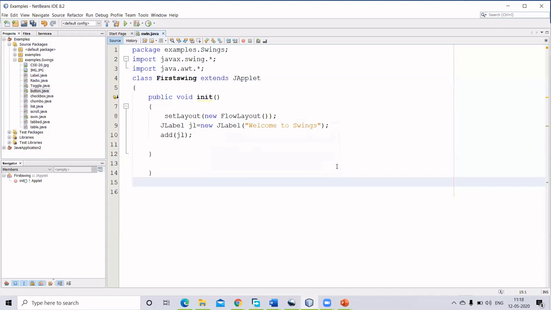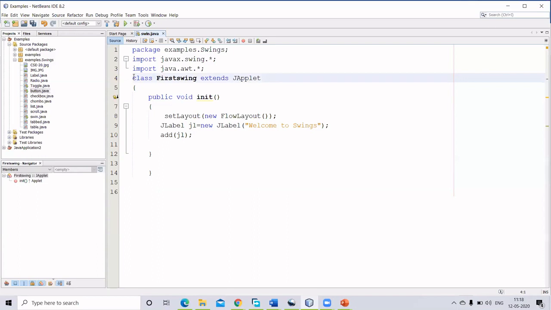We can use applet viewer for running that, right? So where you want to use HTML code, when you want to run it through the browser, then you can use your HTML code. But here I don't want to use HTML code. So I can use the applet viewer. But what should be the main point for your applet?